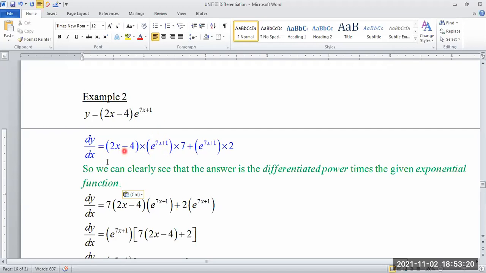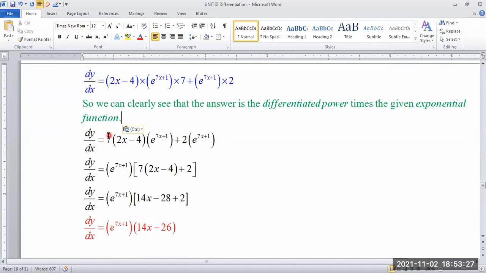All right. So really and truly, the differentiation ends right here. So in the blue, all that is left here is algebra. So let me just do some algebra with you. All sir is doing is putting this 7 in front of the something. And then I'm going to take out the multiplication sign. So I just write it nicely right here. And then the 2 here, I'm going to put in front of this right here, and just take out the multiplication sign. So this line is just me rearranging.